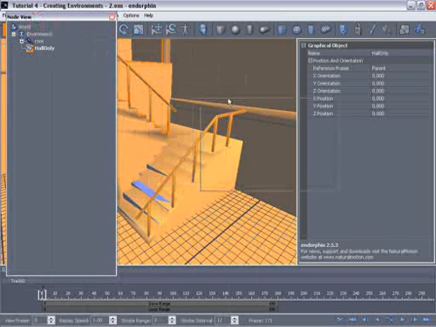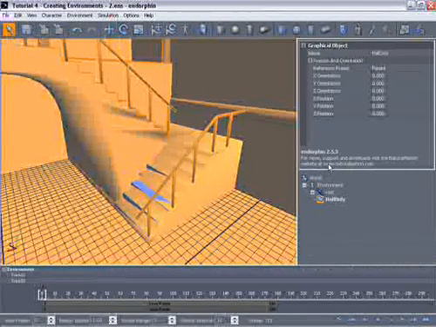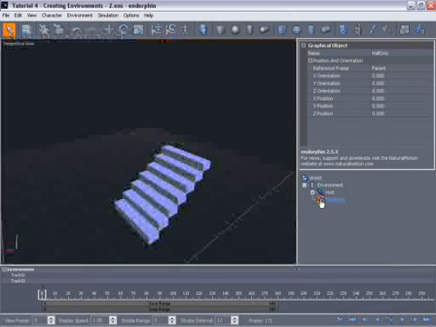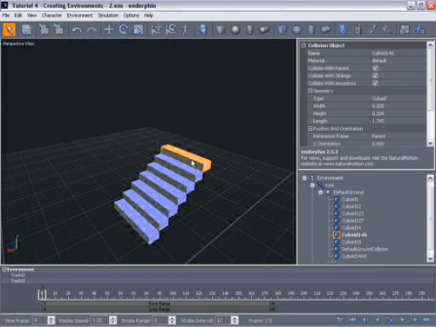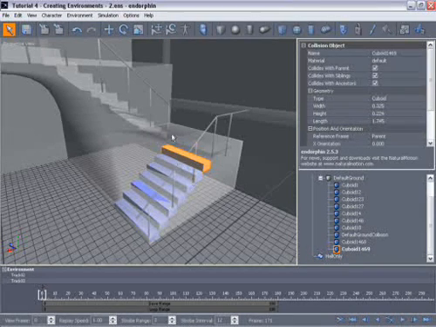I'm going to move this node view down underneath the property editor where I can dock it, just to tidy the screen up a bit. And then by clicking on the icon for the hall only graphic, I can turn that visual representation off. And now it's very easy to select any one of those steps in the viewport and use Ctrl-C, Ctrl-V to copy and paste it. I can now return to the node view and turn that graphic visualization back on